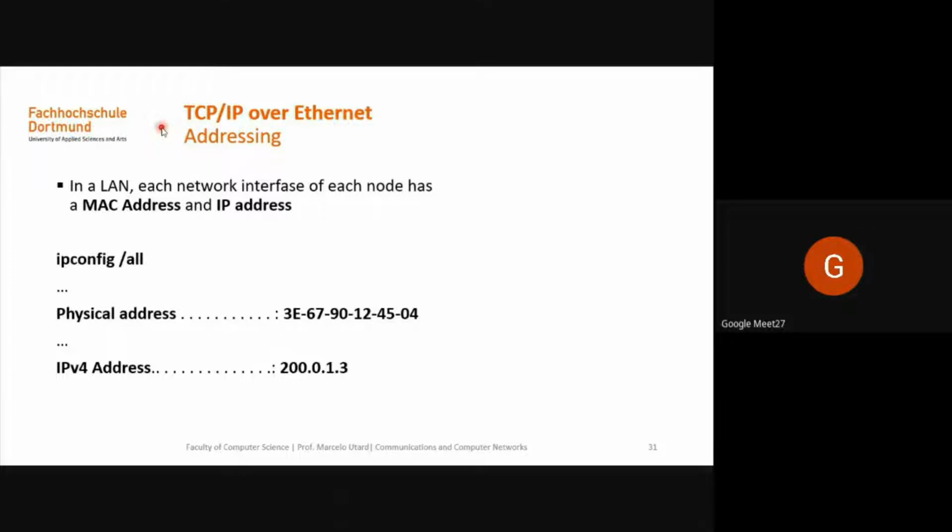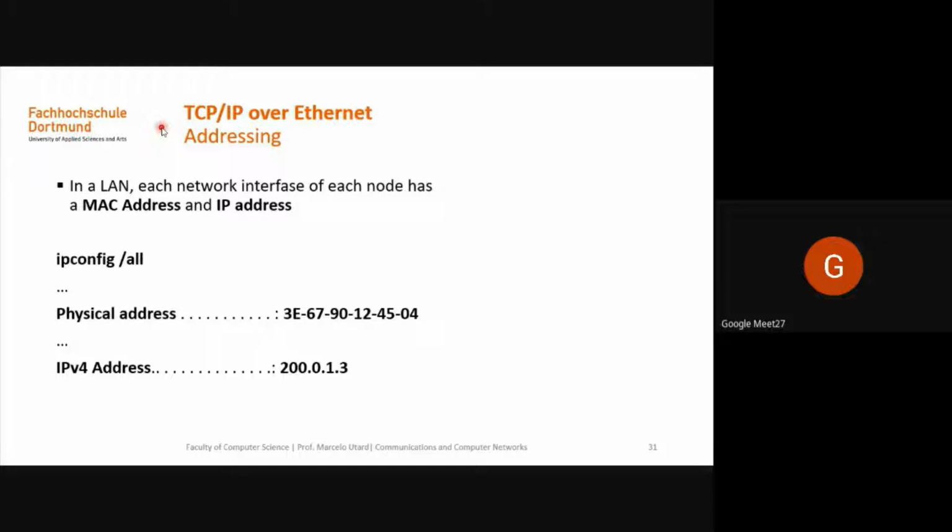One at the data link layer that is called the MAC address that we already explained. It is typically an address of 6 octets, that is 48 bits. And the IP address, the IP version 4 address, is an address of the internetwork layer, and it's